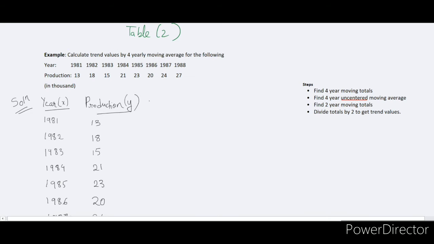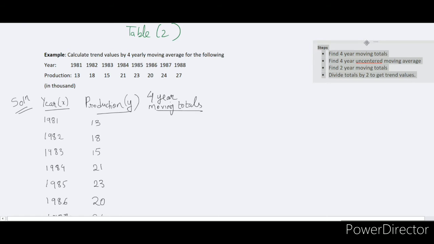So your first step is to find 4-year moving totals. Remember, this is an even year moving average. When you're trying to find the totals, we're using a 4-year moving average, which means we are taking a group or subset of 4 years. And because it's an even period moving average,